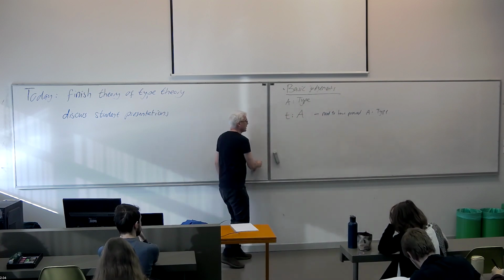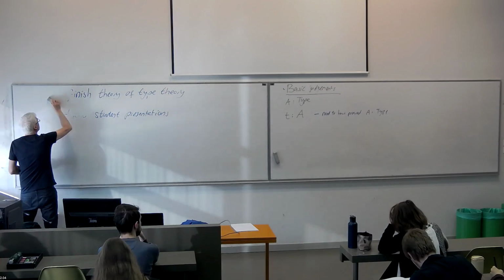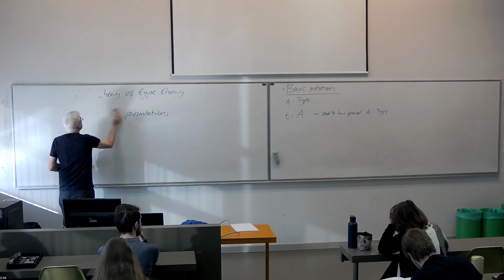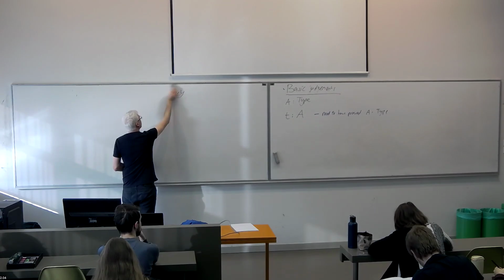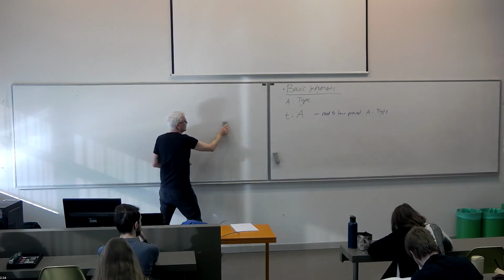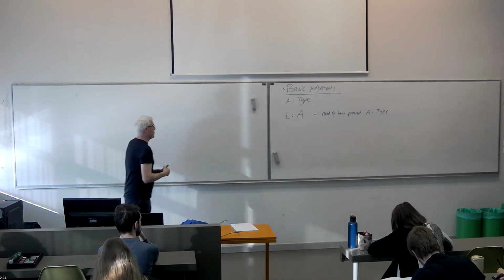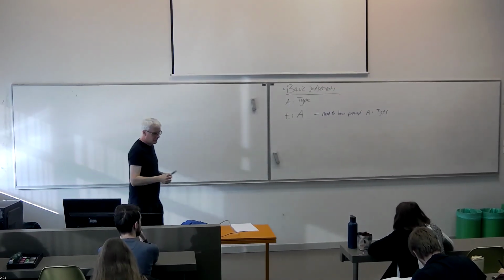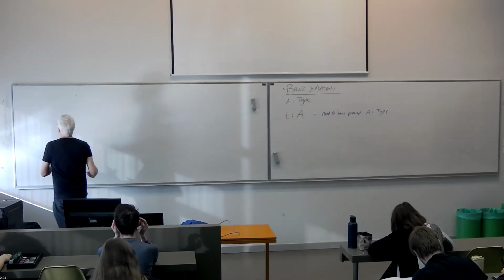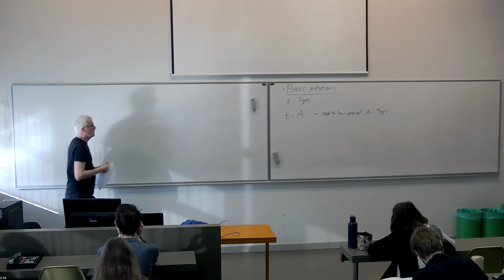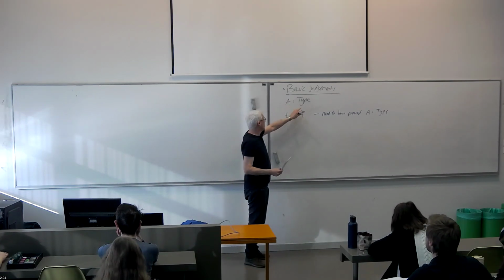So maybe you did this in the exercise class, but maybe not. So let's just consider the other judgments that we think we have, and we'll see that they're all instances of these two judgments. One important thing: we were dealing with logic and type theory, so we had this, which is called the